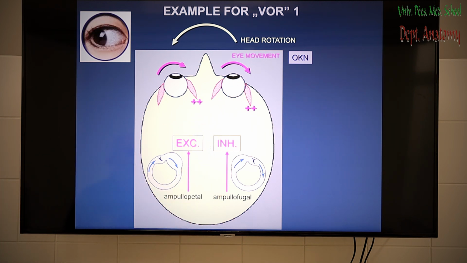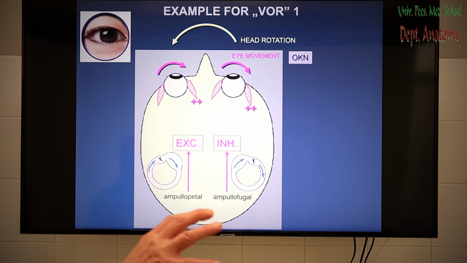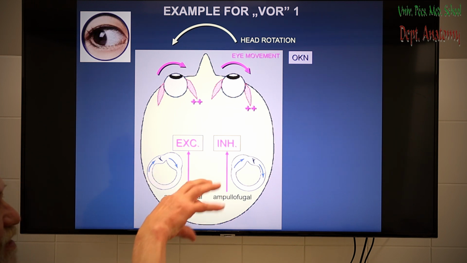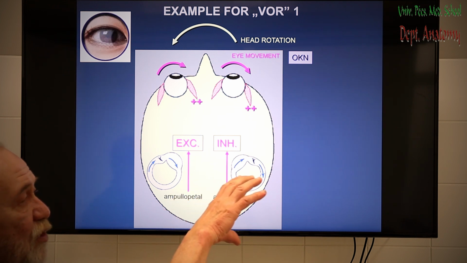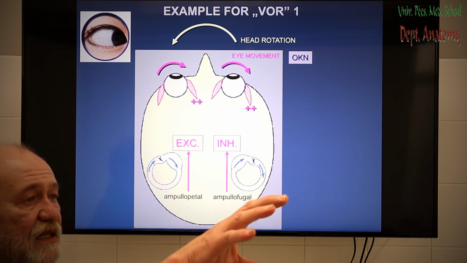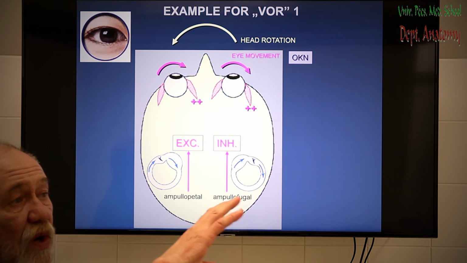Now that one is involved in the optokinetic reflex, that is called the optokinetic reflex. Everyone can exercise this, because if you look at the eyes of someone looking out from a window of a train or something like that, the gaze wants to fix something in the visual field for a while. Therefore, as the train passes by, the gaze is oriented in the opposite way, and after a while there is